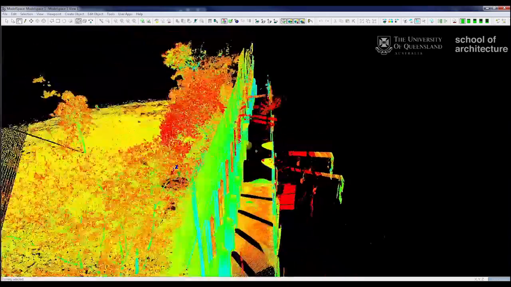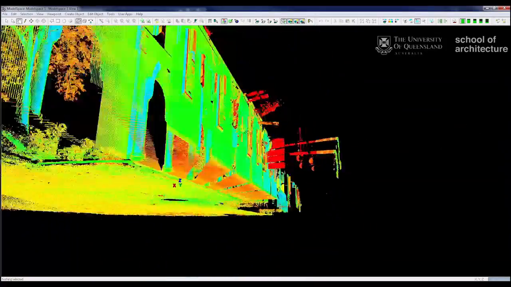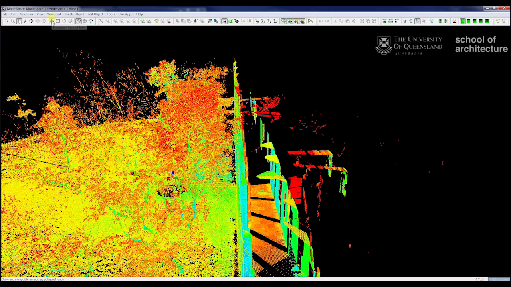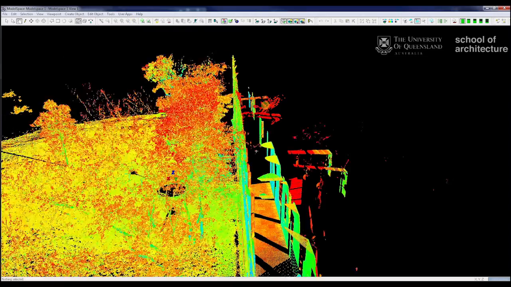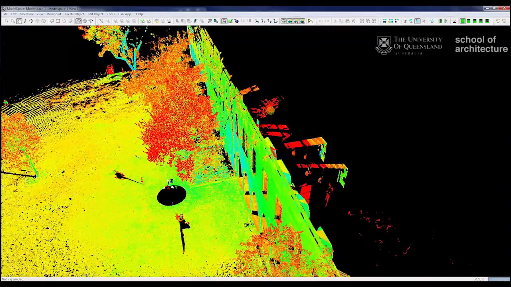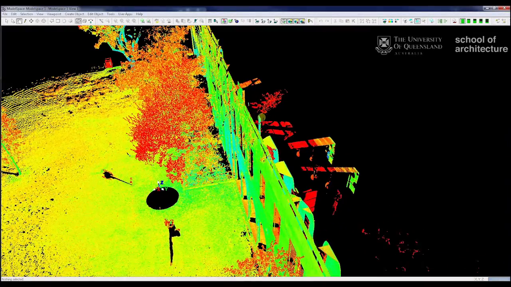In terms of cutting it out, we've got to be using our fence tools, which are up here, and we're going to be using our select point tools. These are add inside fence, add outside fence, remove inside fence, and remove outside fence. Really simple. And to select an element of points, we want to come over the top of it,